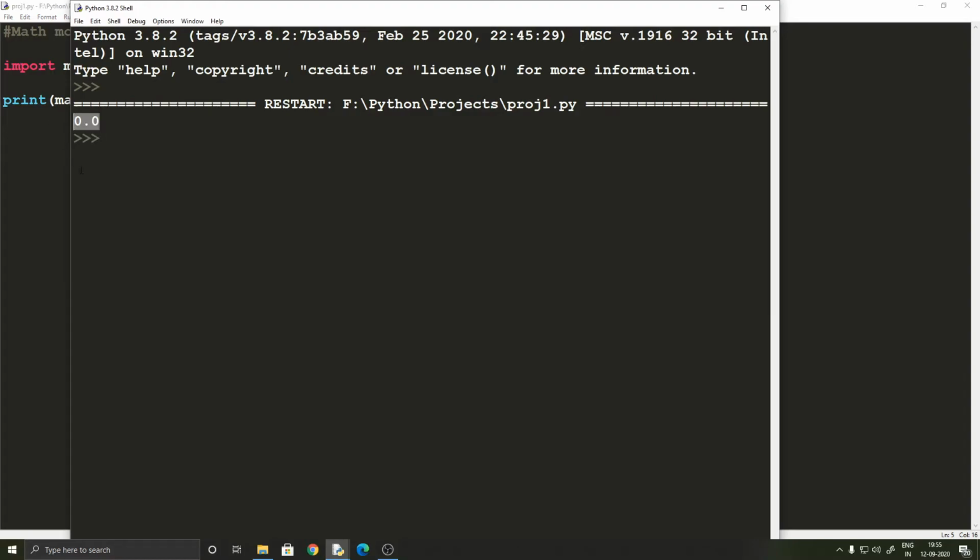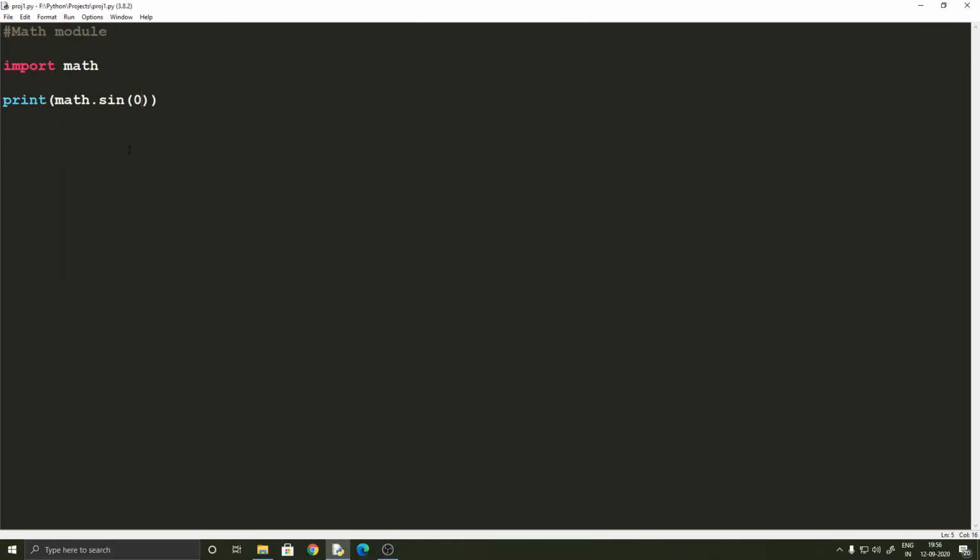And there it is, 0. And the math module has the common sine, the cos function, the tan function, and also the secant, cosecant, and cot functions. So you could use them, but I'm not going to show them in this video because that's quite easy. And the math module also happens to have the hyperbolic functions,